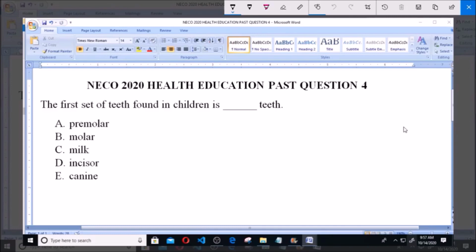The first set of teeth found in children is dash teeth: A. Premolar, B. Molar, C. Milk, D. Incisor, and E. Canine. Now, the first set of teeth found in children is known as the baby teeth,